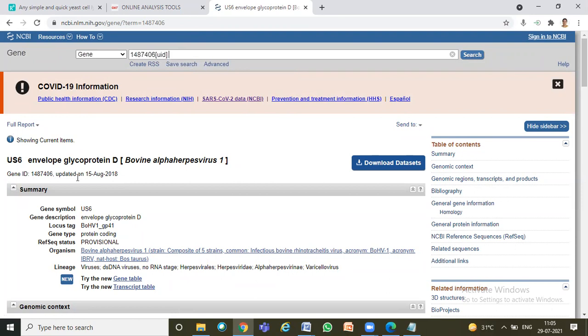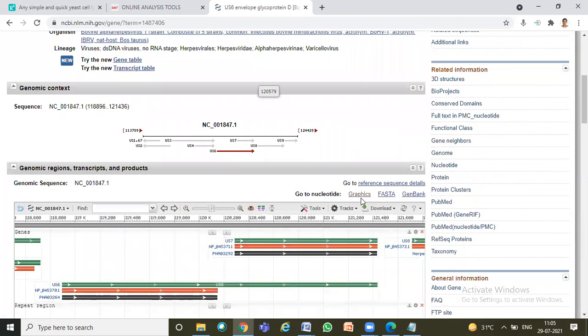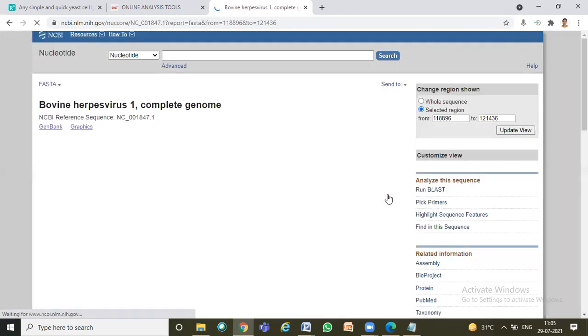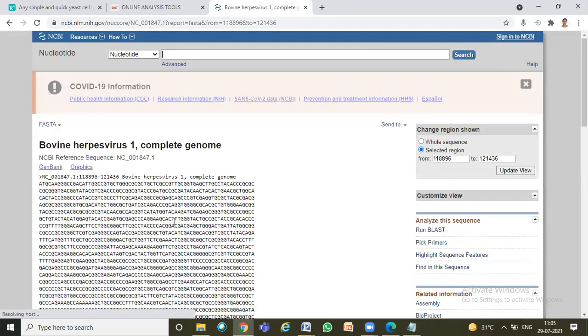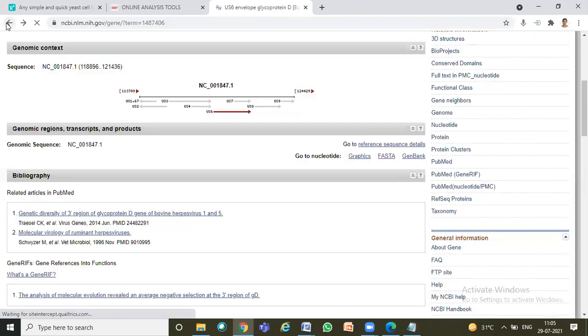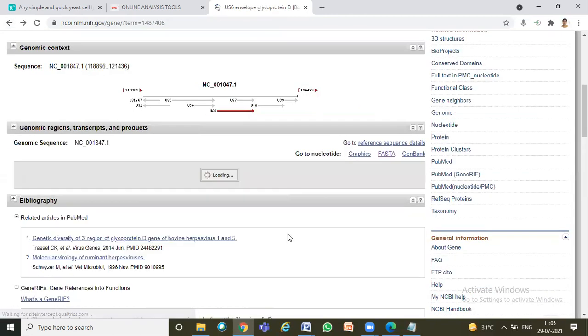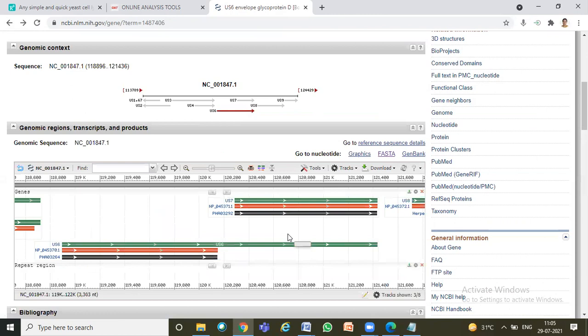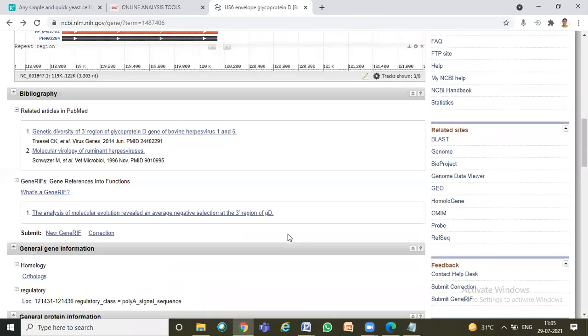So I think your protein is envelope glycoprotein B, that is protein US8. Have you downloaded your FASTA sequence of the gene? Yes, ma'am. Gene sequence have you taken? Yes, ma'am. And have you taken the protein sequence? No, ma'am, I'm trying. So in the same page,